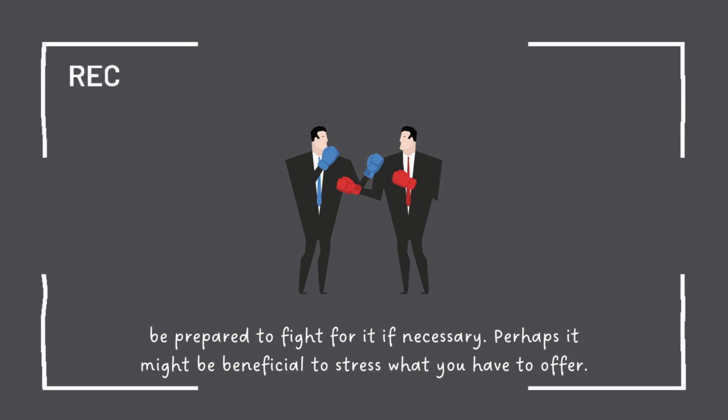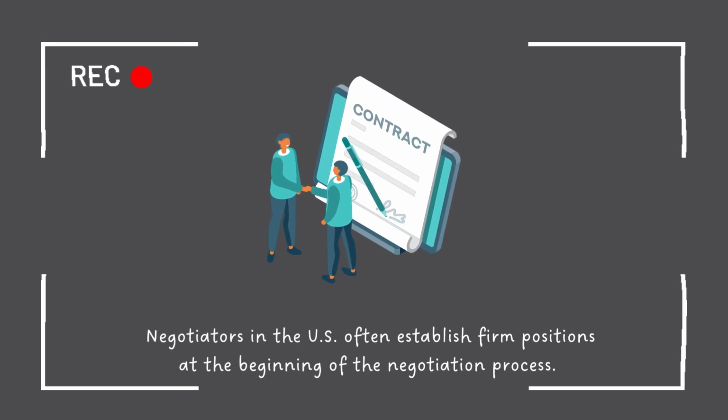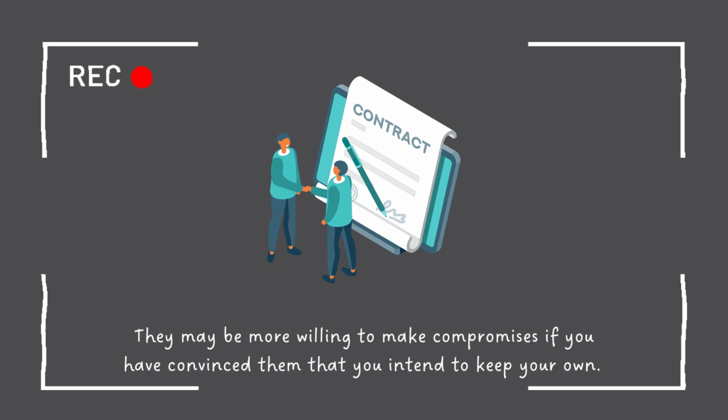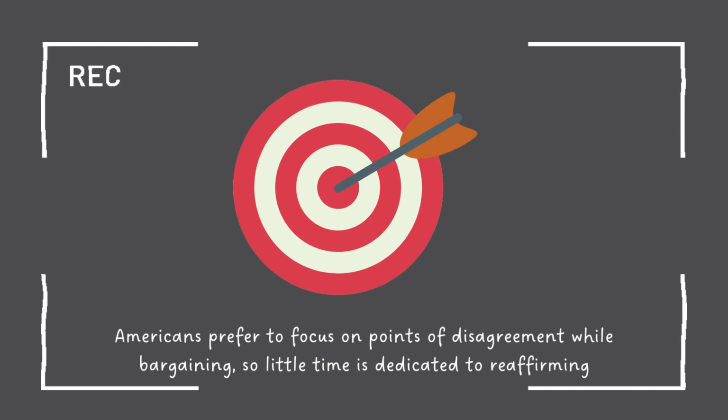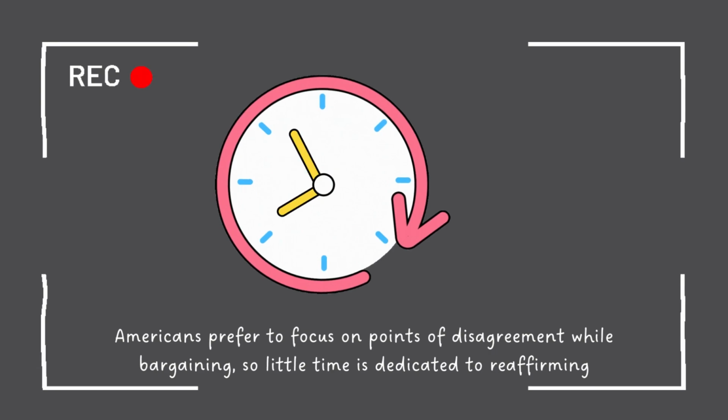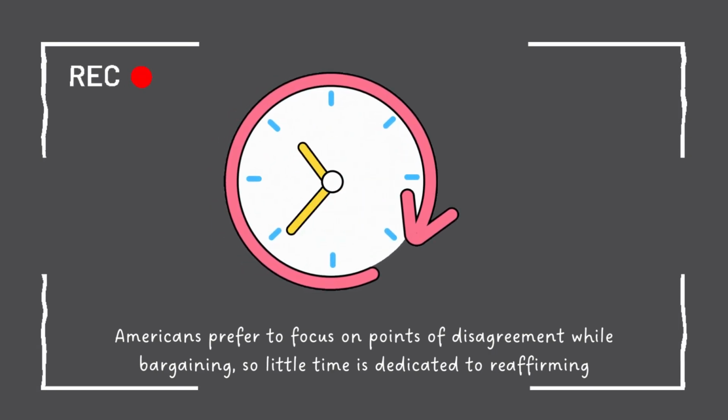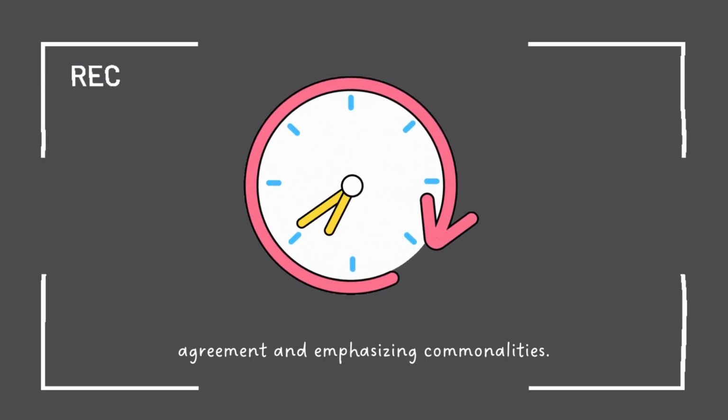Perhaps it might be beneficial to stress what you have to offer. Negotiators in the US often establish a firm position at the beginning of the negotiation process. They may be more willing to make compromises if you have convinced them that you intend to keep your own. Americans prefer to focus on points of disagreement while bargaining, so little time is dedicated to reaffirming agreement and emphasizing